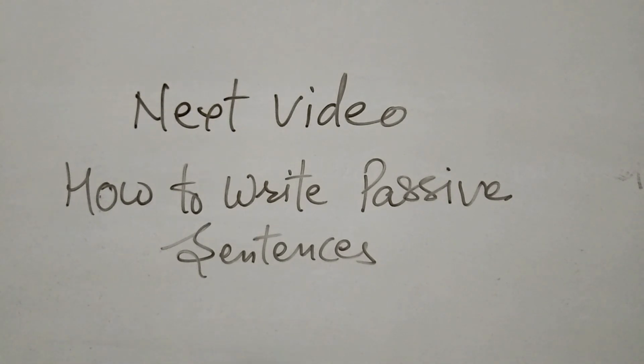Students, simply writing complex sentences will not work to get band 7. You need to write a more varied range of sentences, and for that purpose I am going to make the next video on how to write passive sentences. They are also very important in IELTS writing. You need to write complex sentences, passive sentences, conditional sentences, and some other types, for which I am going to make videos in the coming days.